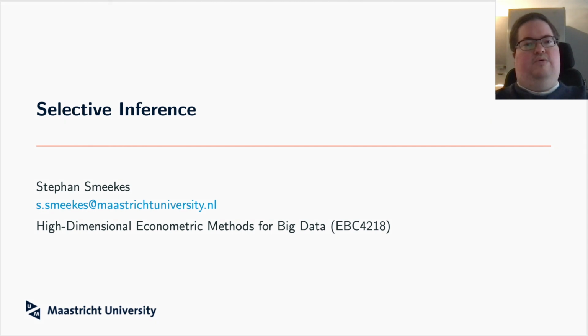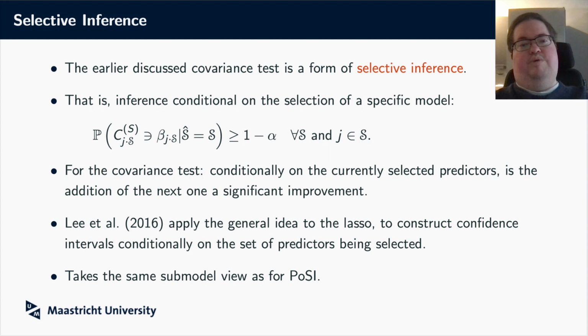In this lecture, I will discuss the method of selective inference. Basically, we already looked at that when we discussed the covariance test, because it's one particular form of selective inference. Selective inference in general is inference where we condition on the selection of a specific model. So for instance, we could want to construct a confidence interval in such a way that the conditional probability that